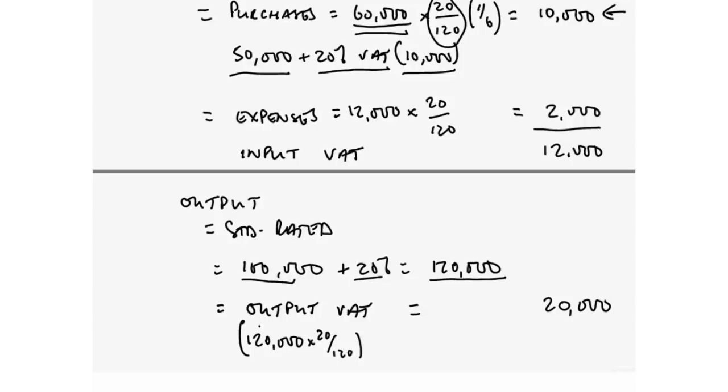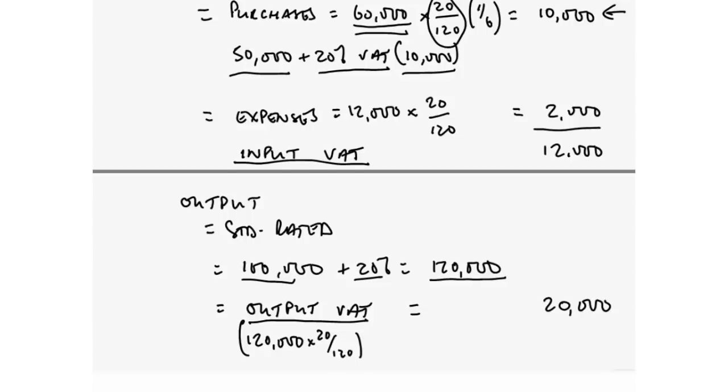So look at what we've got. Our output VAT that we've charged on the sales that we have made to our customers. Remember, that money is not our money, it belongs to HMRC, it is tax, it is value added tax. But against that we can offset our input VAT that we have suffered on the goods that we have purchased and expenses that we have incurred that were chargeable to VAT anyway,